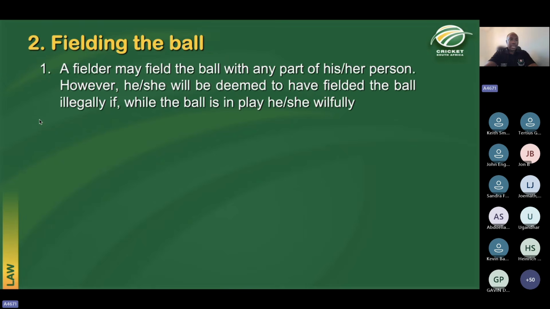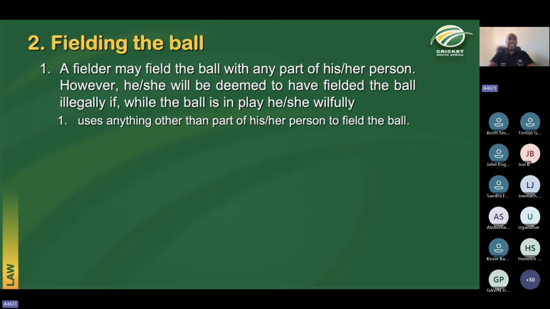So let's look at what a fielder is allowed and what a fielder is not allowed to do. Law tells us that a fielder may field the ball with any part of his or her person. However, he or she will be deemed to have fielded the ball illegally if, while the ball is in play, he or she willfully uses anything other than part of his or her person to field the ball. For example, the gloves of the wicketkeeper